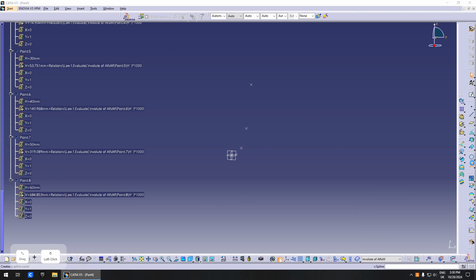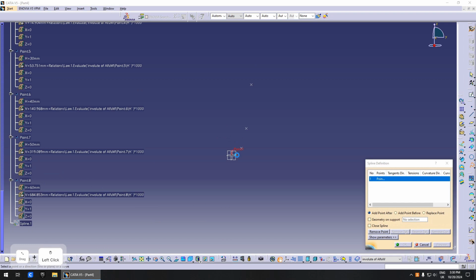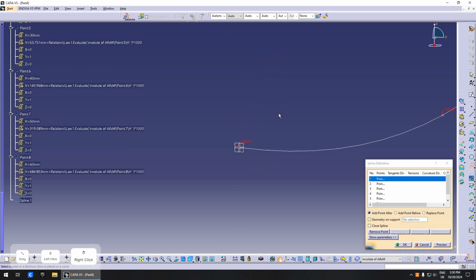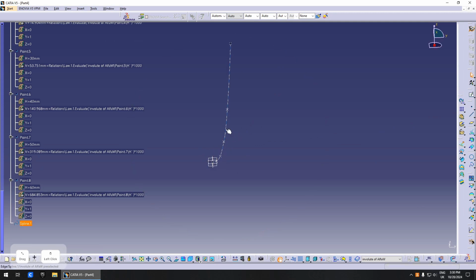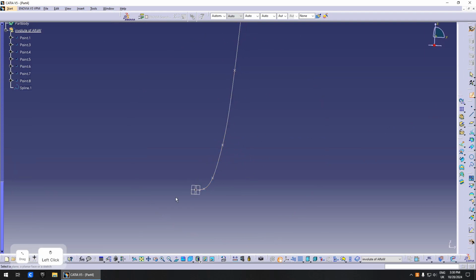And now we can just make this curve with a spline like that. And I guess here, if you look at it, it has kind of a belly down. We don't want that. We want it to be straight like this. Good. Now we have just plotted the involute law, which is pretty neat, because now we can create a sketch